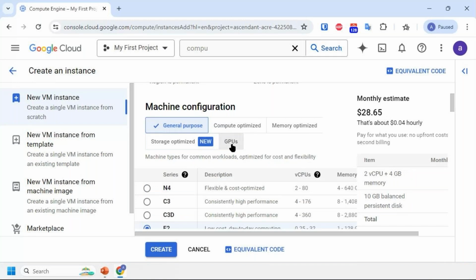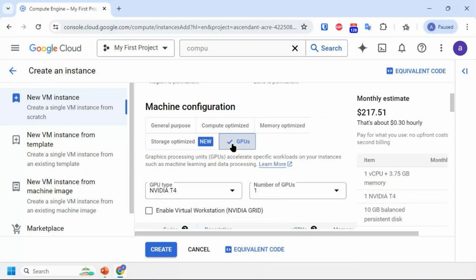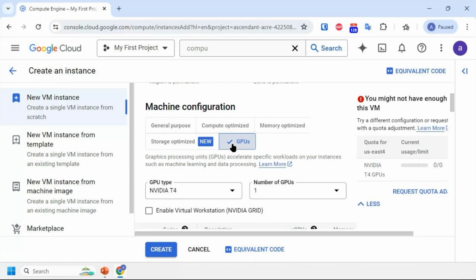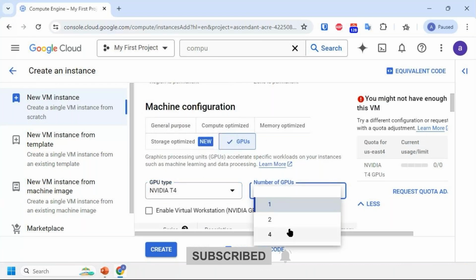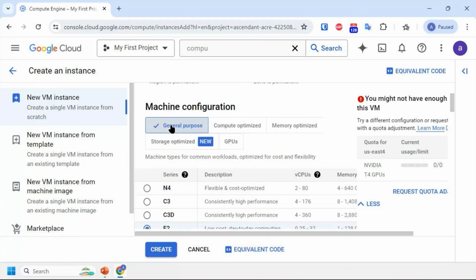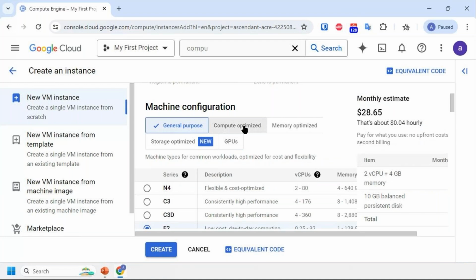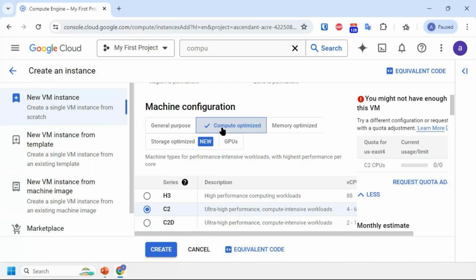And nowadays you go for the GPU for things like video editing and playing games. You click into the GPU and you see GPU type NVIDIA T4, number of GPUs, I would say 4, those kinds of things. So I'm sticking with general purpose at base. As you can see, based upon your respective requirement, they have categorized the hardware configuration into compute optimized, where you get hardware configuration